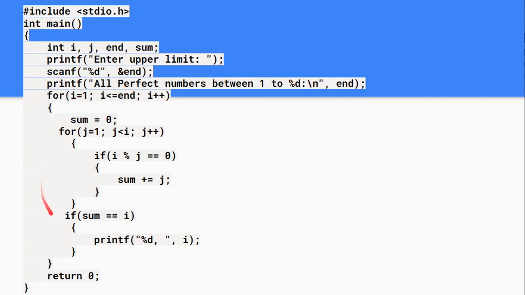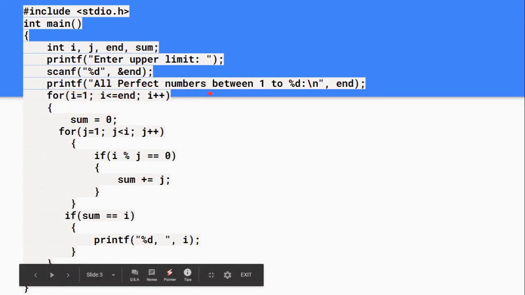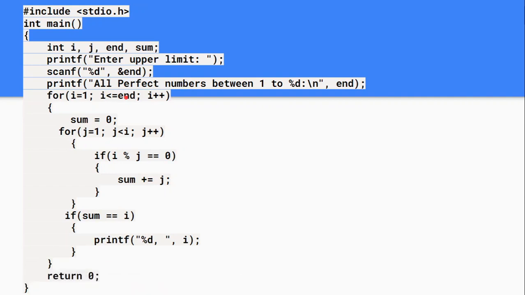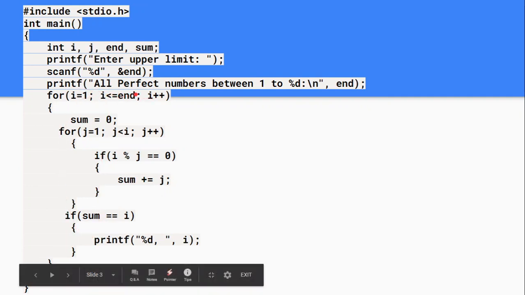And now, how do we find these numbers? Using the for loop. The for loop is repeated several times in order to find all the numbers between 1 and n. So the loop has to start from 1 and end at end, where end is the maximum number. If I give 100, it will find the perfect numbers between 1 and 100. If I give 50, it will be between 1 and 50. So this for loop will execute for all the numbers between 1 and n, the end number, again and again to find the perfect numbers.